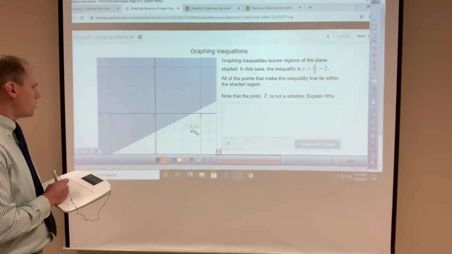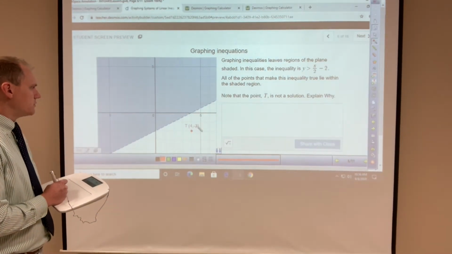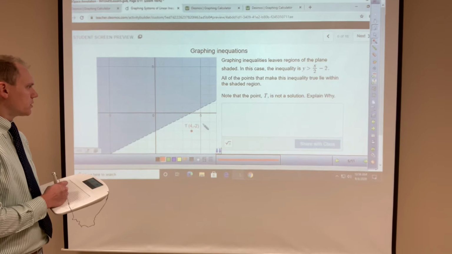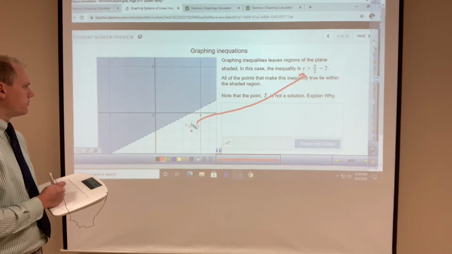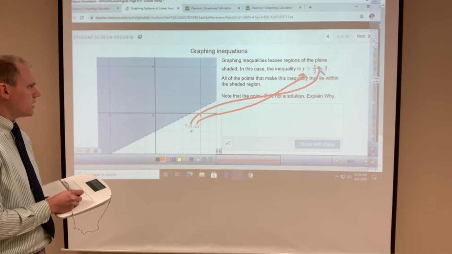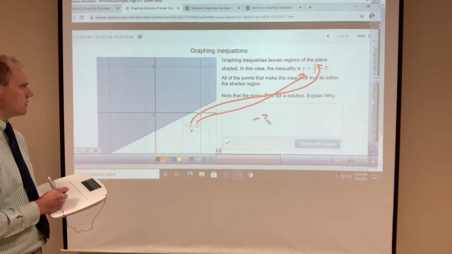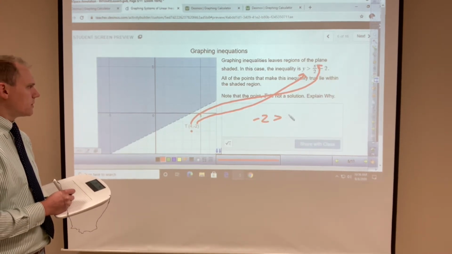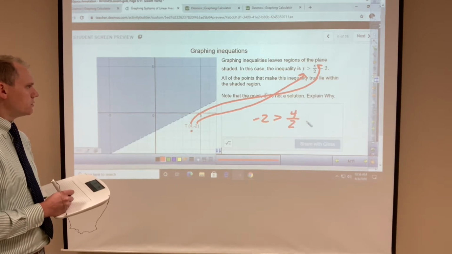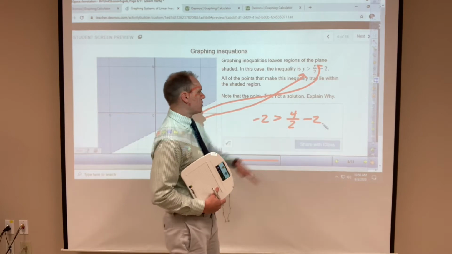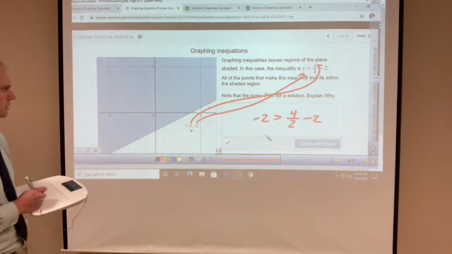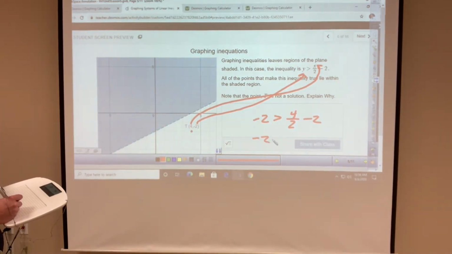If we put 4 and negative 2 in, so negative 2 is the y value. So we're going to put negative 2 in for the y value and 4 in for the x. So we're going to get negative 2 is greater than 4 over 2 minus 2. So all I've done is put negative 2 in for the y value and 4 in for the x. So let's simplify this. Negative 2 is greater than